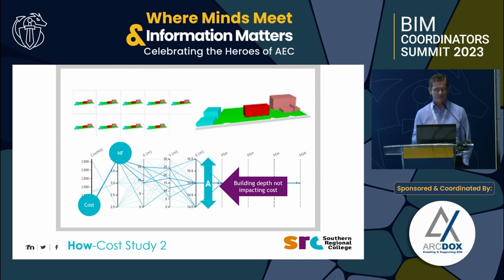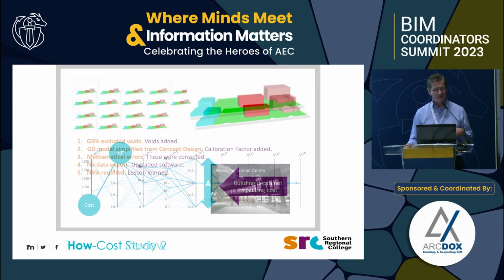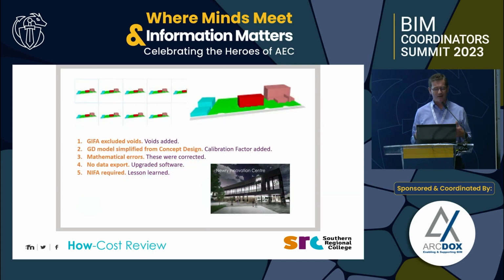So what we can look at and see from this, and we took the energy out of it as well. Looking at this, we were able to see that we do have a low cost, we still have the high number of floors, the higher floor number being relevant, and the depth of the building here varies. So there's that saying really that it's not having as much impact on the cost. At this stage, it was sort of saying, if you build a higher tower block type building, it will reduce your costs. However, we did then have costs coming in from our RIBA stage 2, so we were able